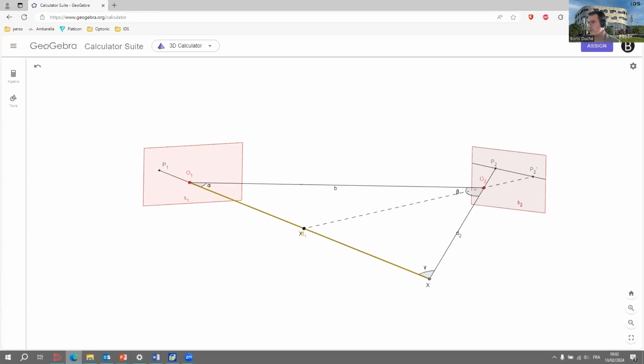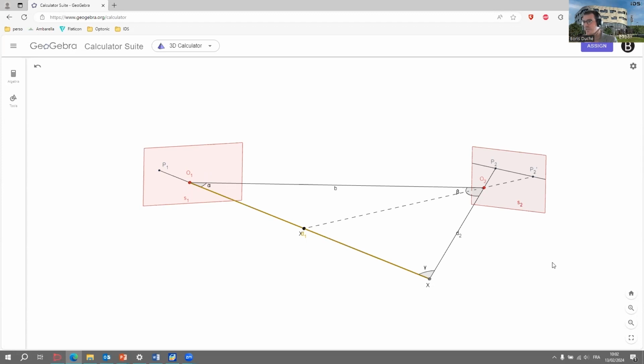Here it is. On this scheme, you have two sensors, sensor S1, sensor S2. Of course, it corresponds to the two sensors of the two cameras that make the stereo vision camera. Two sensors and two optical centers. And the optical center is a point within the lens where the light beams will converge before reaching the sensor plane. The matching algorithm will go through each pixel of image number 1, and it will try to find the corresponding pixel in image number 2.